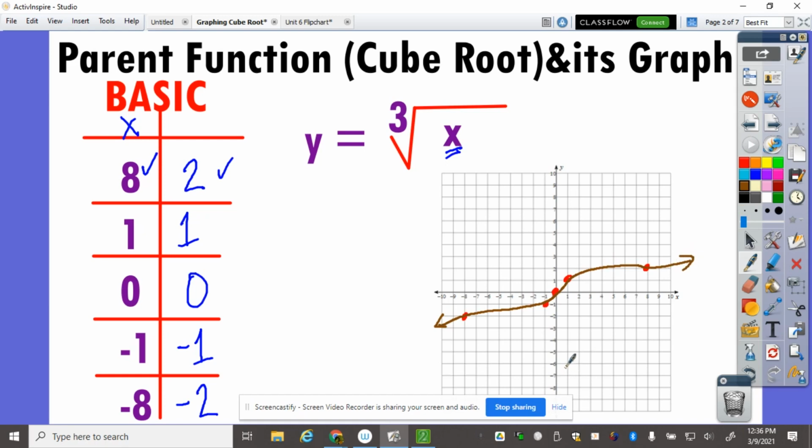And that's our graph. Okay, so if you notice, the domain here is all real numbers. And the range here is also all real numbers. Now, there are movements of the graph here. Sometimes this graph goes to the right or left, sometimes it goes up or down. And that's where the